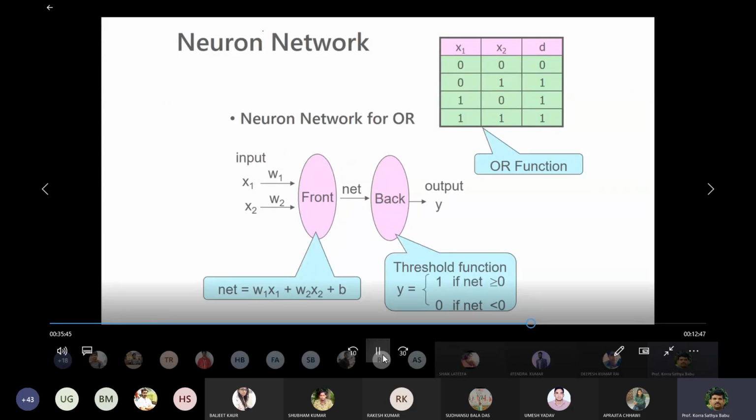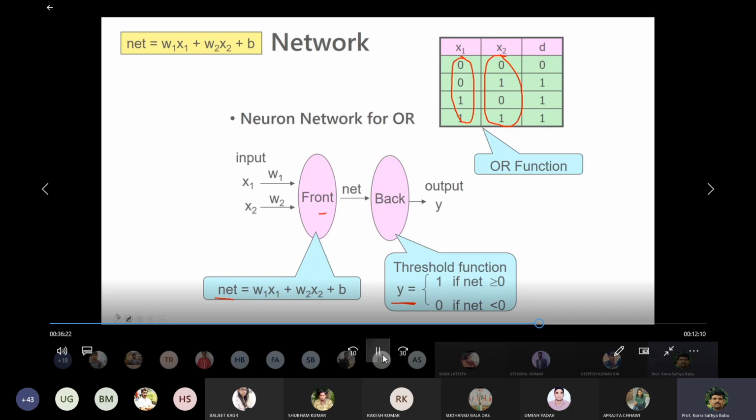Now let us see this. We have a neural network and an activation function here. These are the values that are given, and these are the two inputs. With this input, this is the output that we are supposed to get. In the front end we have net, which gives us some net value, and at the back end it takes this net value and provides some range, like x dash to y dash or something like that.